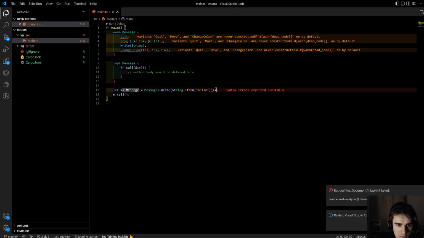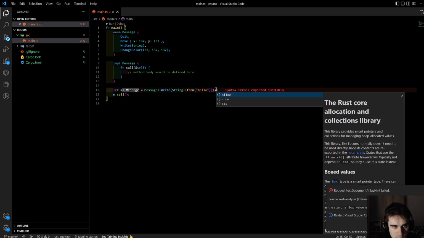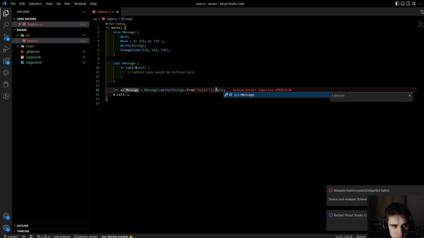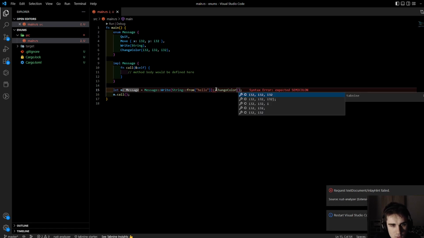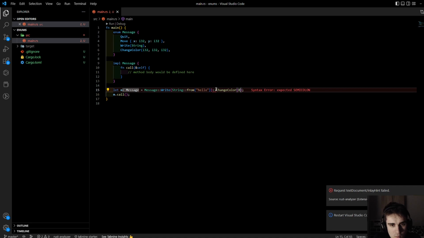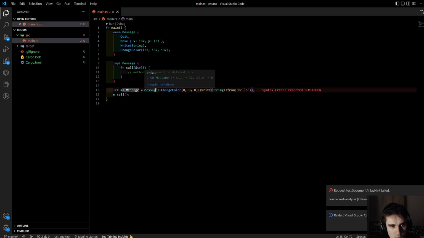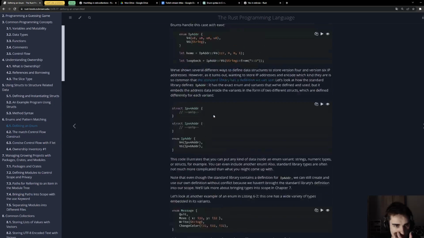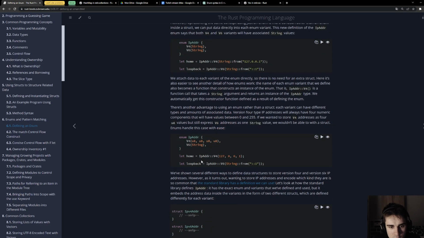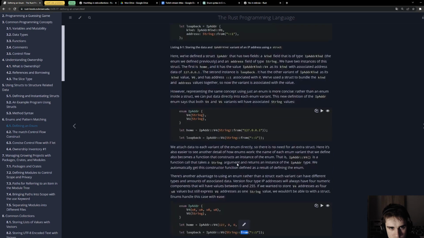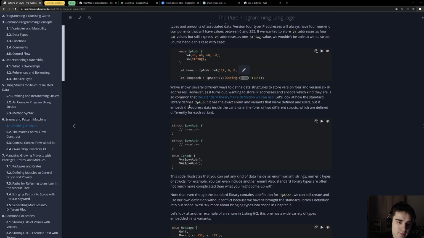So can I chain things like Quit and say that this is maybe ChangeColor instead? No, it doesn't look like it's possible. Damn, I'm trolling, guys.